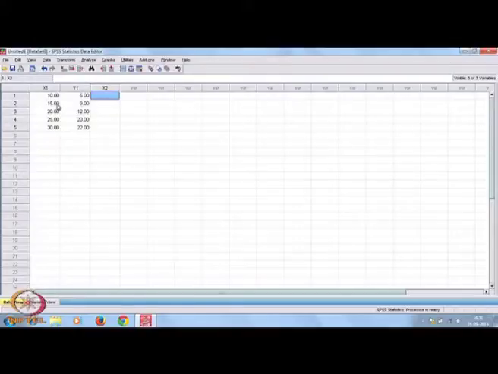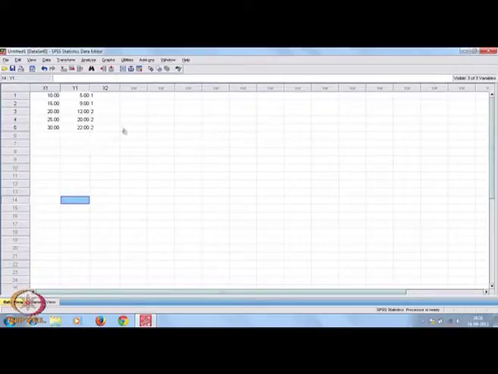Then x2, we are saying 2 types nominal. For example, I will keep 1, 1, 2, 2, 2. I have given numeric values here, but you can also type some other string values. So, this is our data sheet.